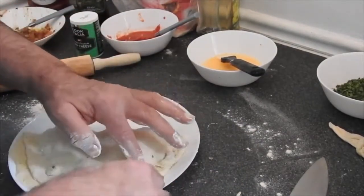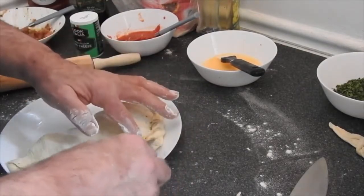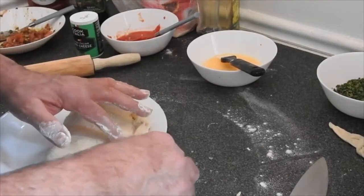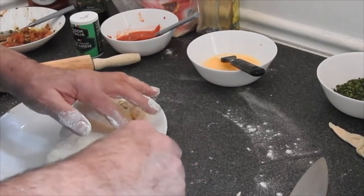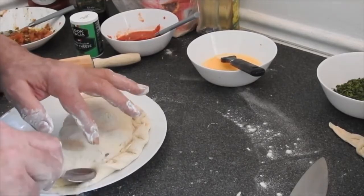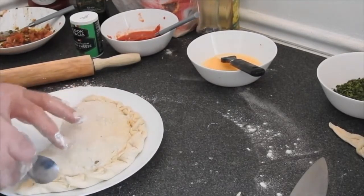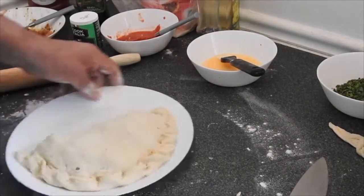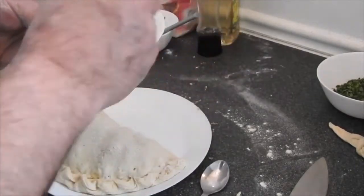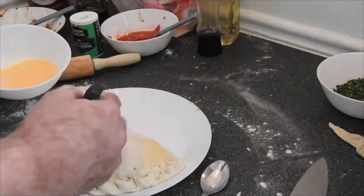Then you just see, fold it with your finger, you push it nice down, and then you get that nice ribbon effect. Just push the spoon underneath the dough, turn it around, push it, and then we get that nice cable ribbon effect. With the egg wash, we're gonna put it nice on top,